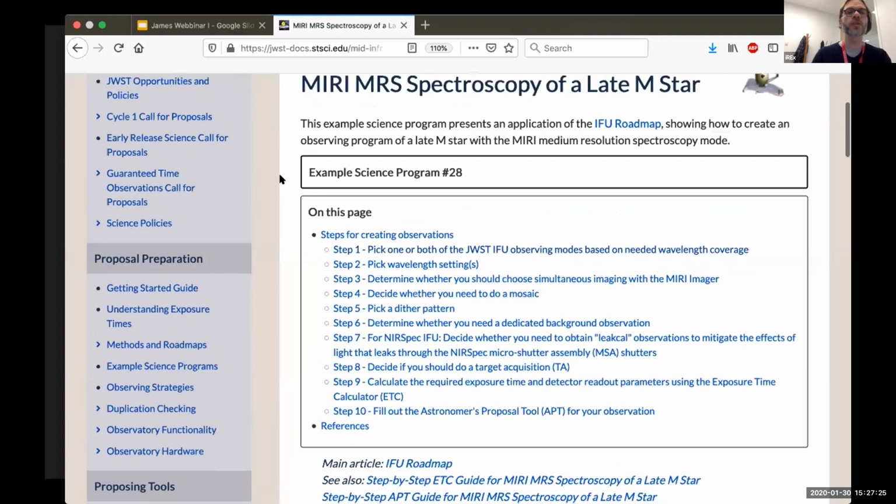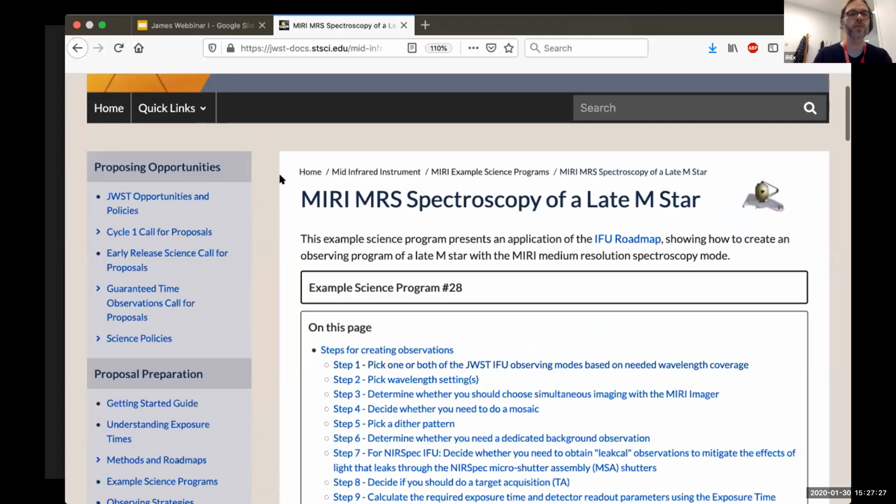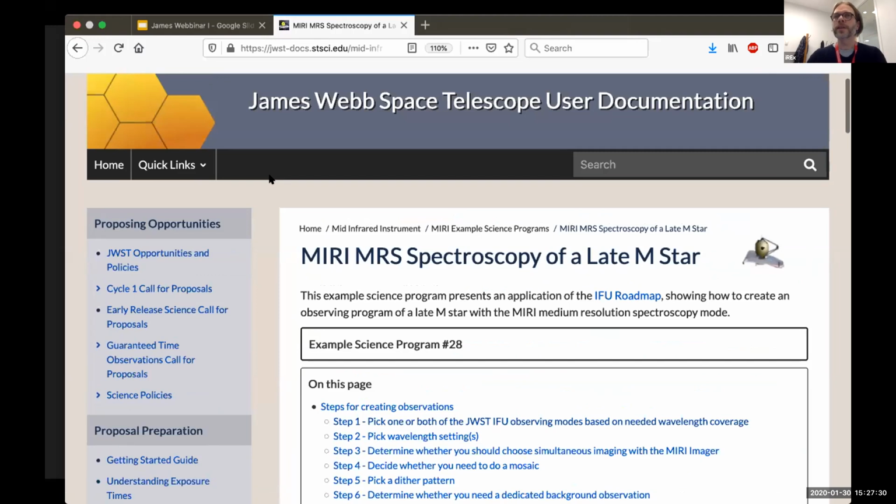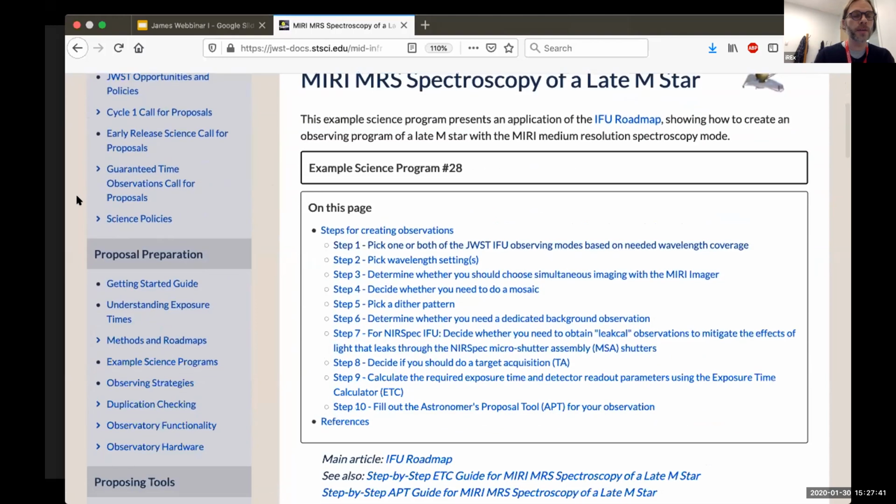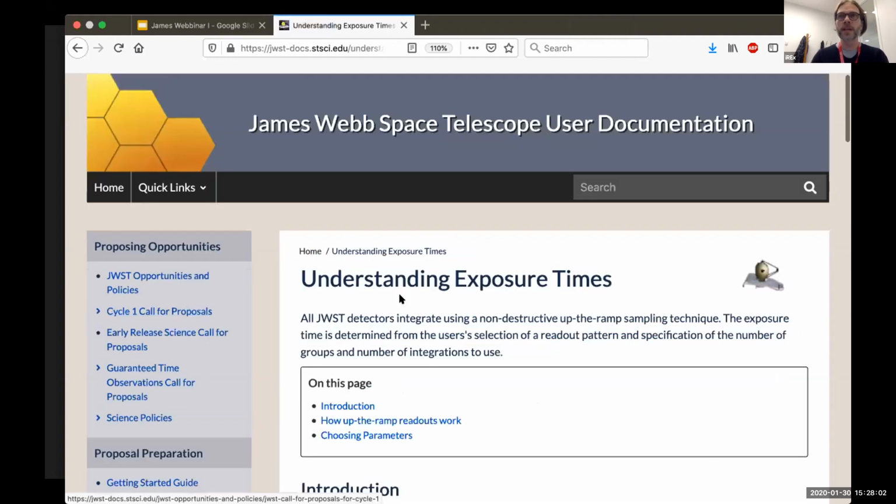So choose the template that's closest to your science program. All right, I'm almost done with this. There's two pieces of information that I think I should cover to help you in what's coming with the ETC and APT. And one is how our detectors read out. So if I go in the detector readout, proposal preparation, detector understanding exposures here, and I go in,